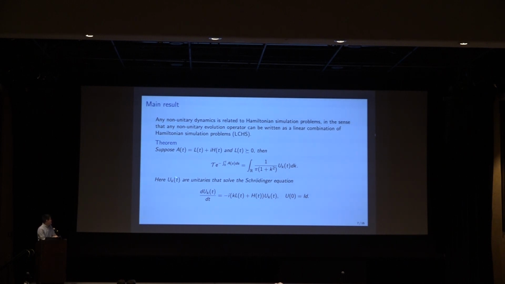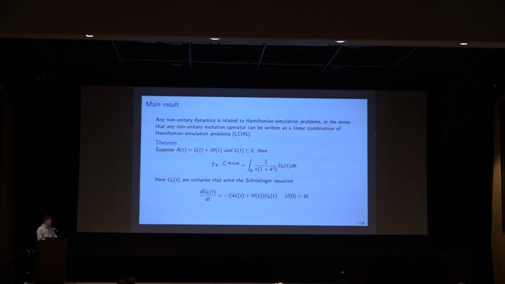So we have this theorem. We have this decomposition of a general matrix, and this equation is the main result. On the left-hand side is the evolution operator that we have. And this is some kind of time-ordering operator. It might be a little bit technical, but you can just view this as the exact solution of my original differential equation. And on the right-hand side, we have an integral, a weighted integral, of